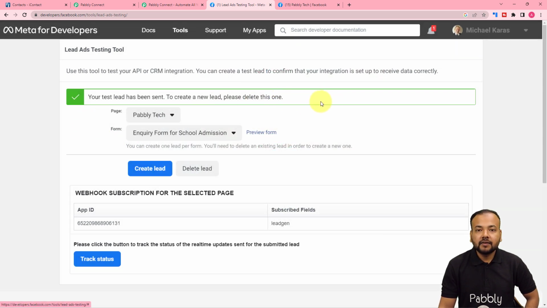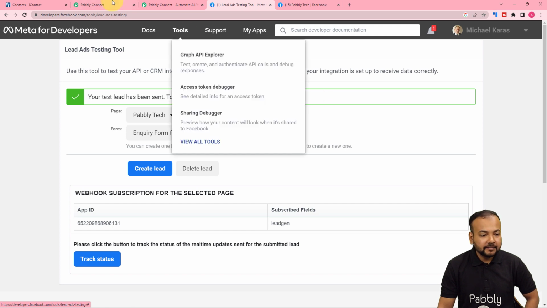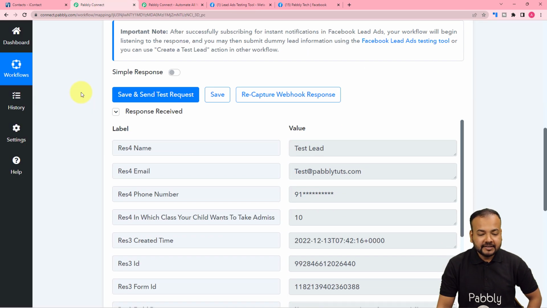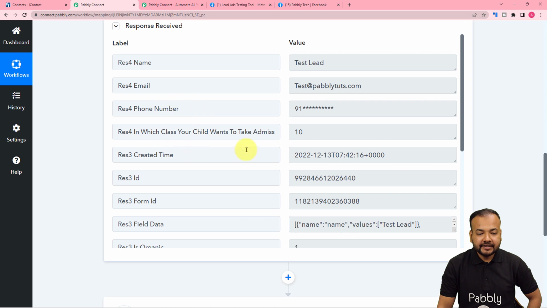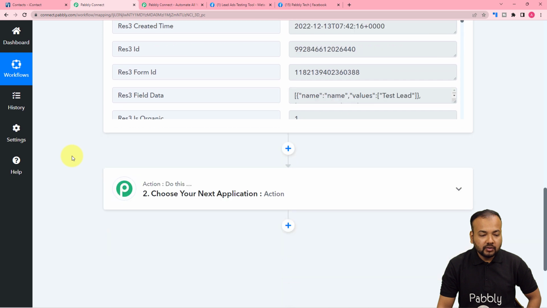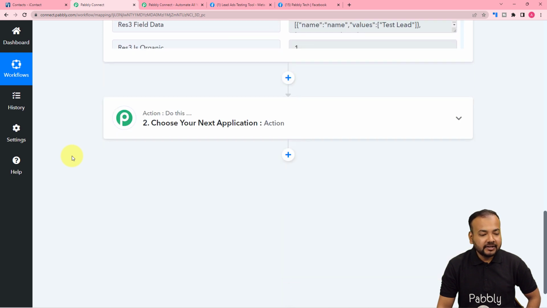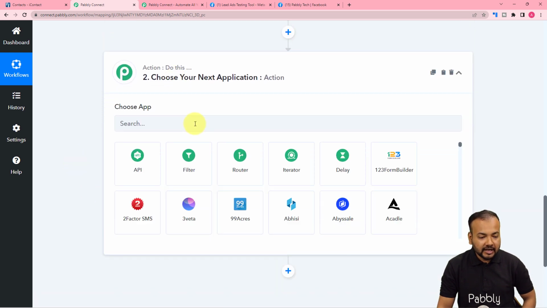Let's check in our workflow if we got the data of this test lead. So here you can see, guys, in the response we got the data of the test lead captured like this. Now what we want is to add this lead as a contact in the iContact application. So to send this data as a contact in iContact, you have to use this actions tab, and here search